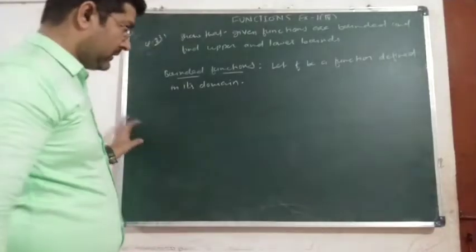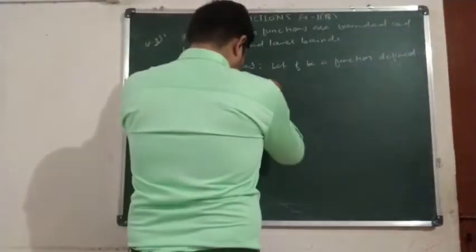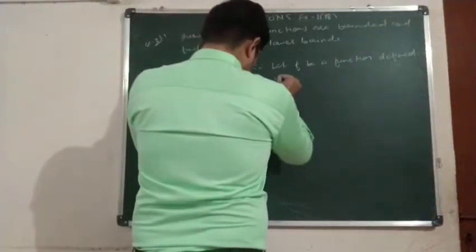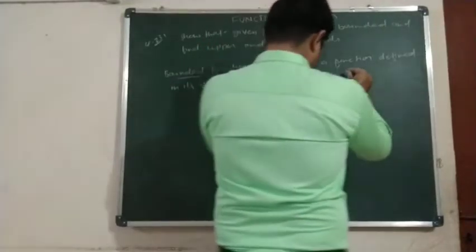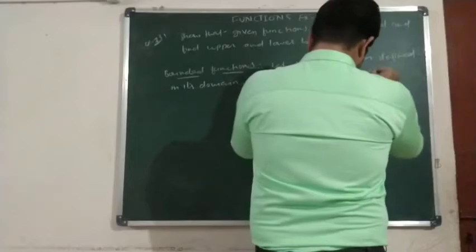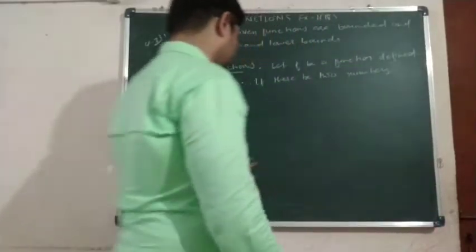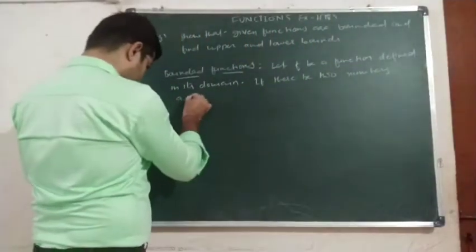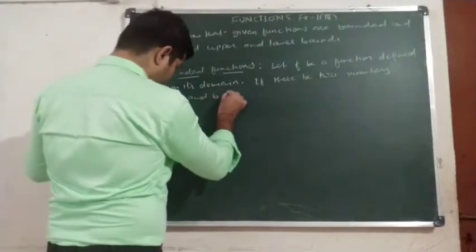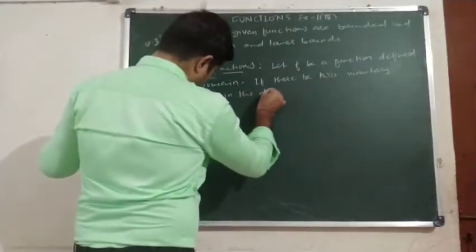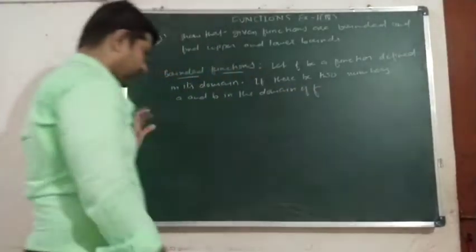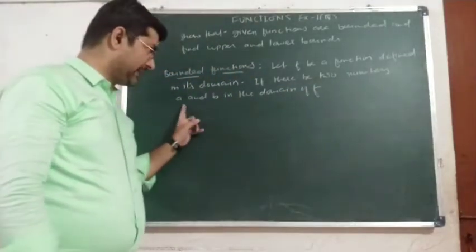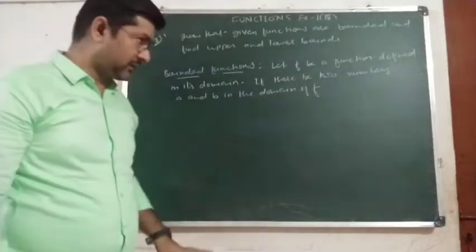Now if there be two numbers, small a and small b in the domain of f, if possible, we have two numbers a and b in the domain of function f,